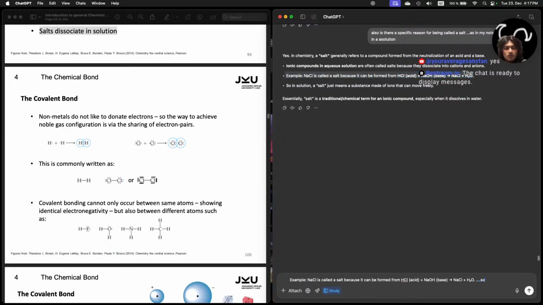So in the case of Na plus Cl2, it is an exothermic reaction. Is that the same case for HCl with